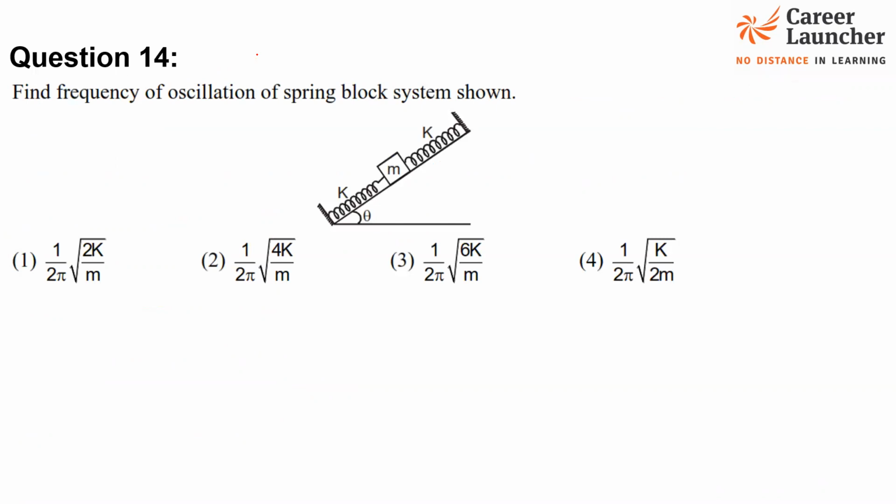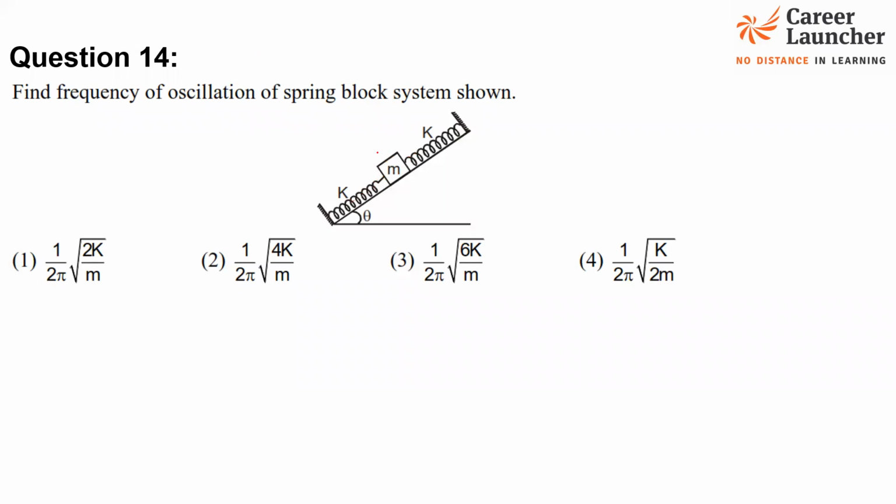Question 14, frequency of oscillation for SHM. As you know, you must have studied this, if the block is on a horizontal spring block system or a vertical spring block system, as long as there is a constant force acting on it, the time period will not change. So here you can say that the mean position will be determined by mg sine theta acting along the incline in the initial compression and extension respectively, but there is no change in the frequencies.